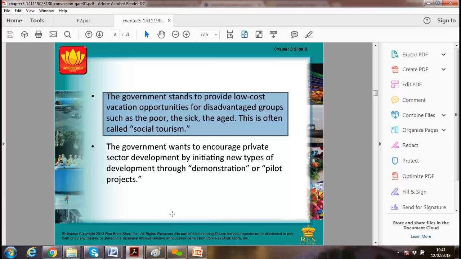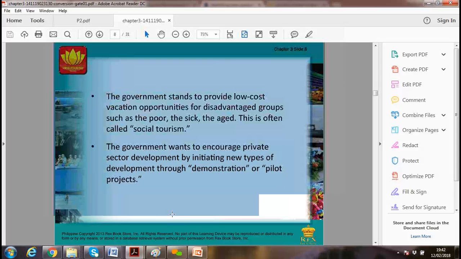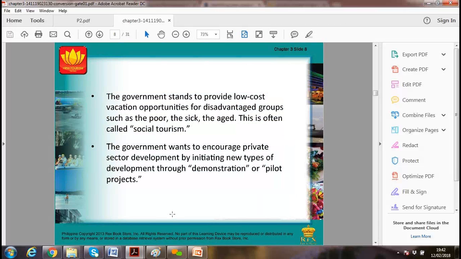But the UK is totally different compared to the rest of the world. Like First Bus or various other coach services, they are offering free tickets to pensioners or disabled people, with different packages. But in other countries, not so. When it is a public sector, then we can offer these sorts of facilities, but in a private sector of course not. So the government wants to encourage private sector development, initiating new types of development through demonstration or